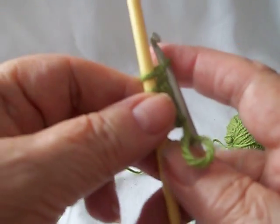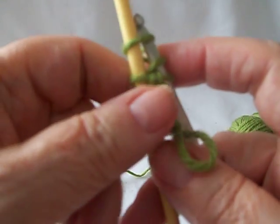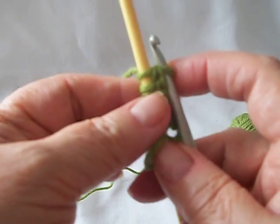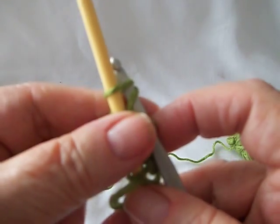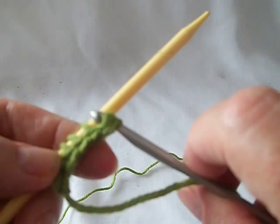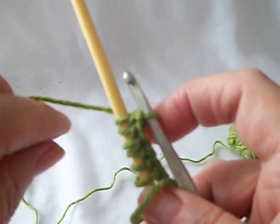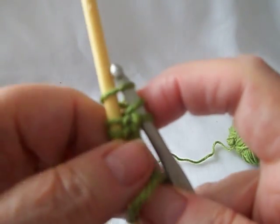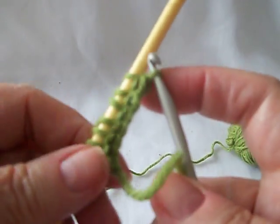I'm not sure that I'm doing it the easiest method. I'm not a great crocheter. I think crocheters might find it easier to maneuver, but this isn't hard, I think, by any means. And that's it. Over the throat, around the needle, and over the throat again. The crochet hook moves to a right angle, gets pulled through the yarn over in effect, and the loop. So over the throat, over the needle and the throat, turn to a right angle, pull it through,